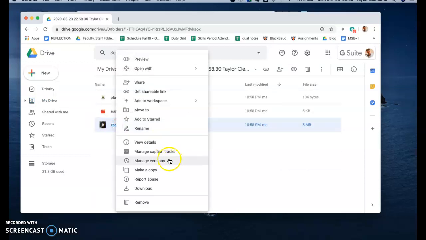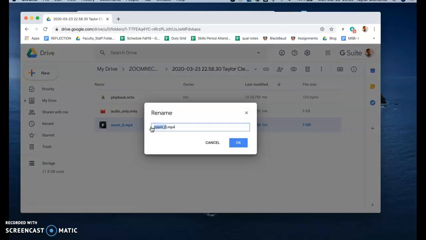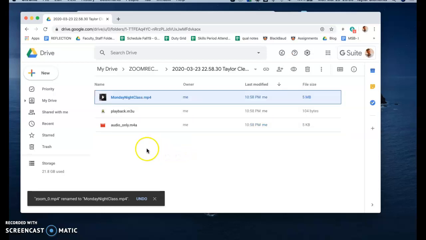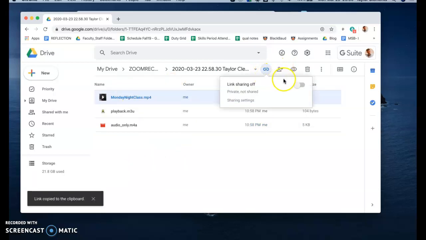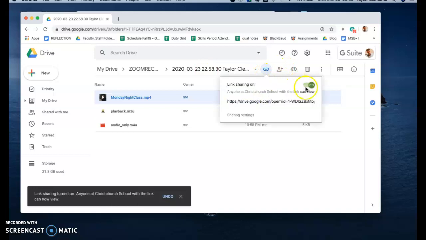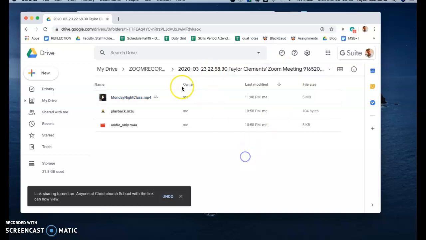I'll just rename that. Monday night class, we'll call it. And there you go. It automatically uploaded. I can get that link right here. Ooh. Copy it, share it, or as before, what if we just put all of the recordings right into this folder,